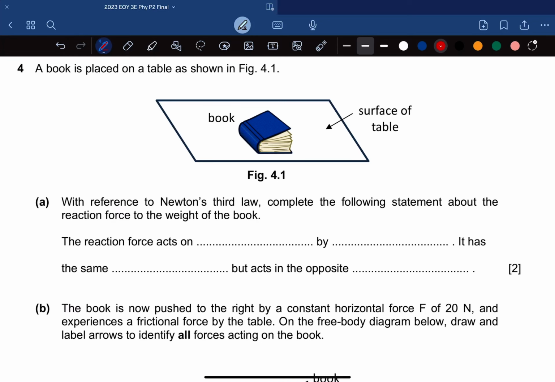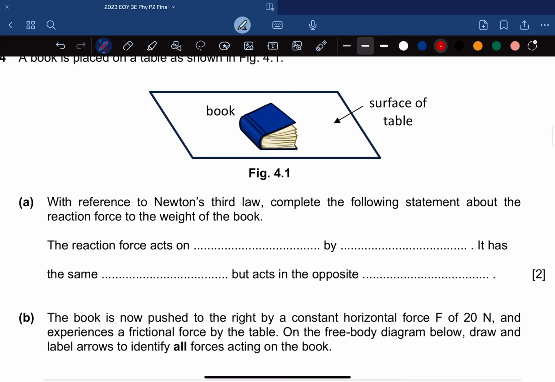Now we'll look at question 4 of the paper. Question 4 shows a book on a table as shown in figure 4.1. So with reference to Newton's third law, we will have to complete the following statement about the reaction force to the weight of the book. So when we first see the term weight, we should be able to identify that the weight of the book is actually a force by the earth